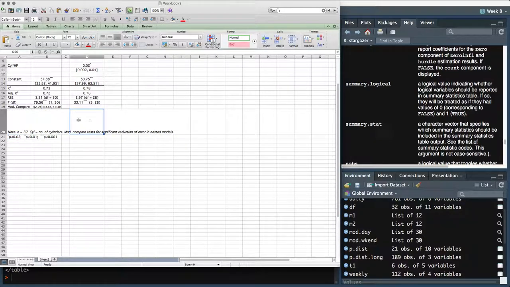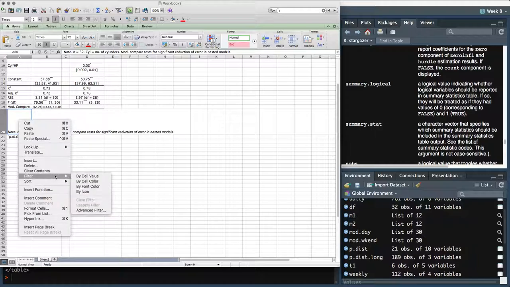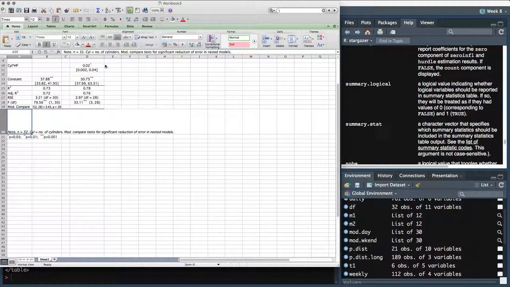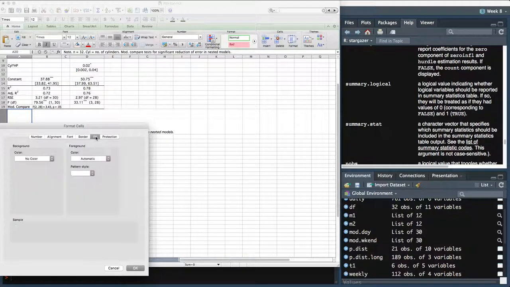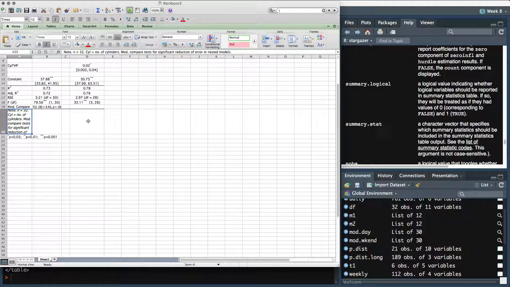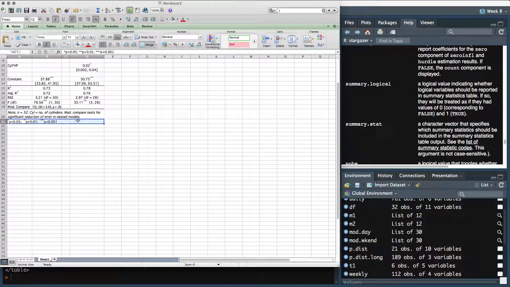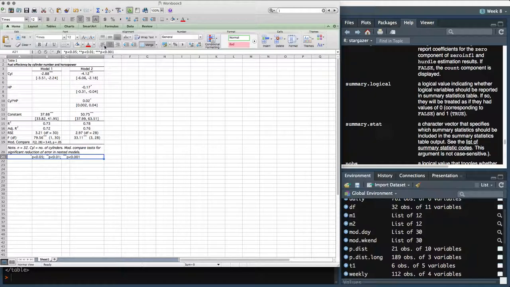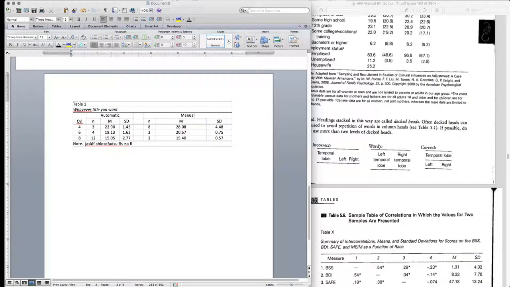And then format, wrap these cells. Merge them together. Down here, merge these together. Up here, merge these together. That one's already merged. And now again, we have the basic table, and so we can come over into Word